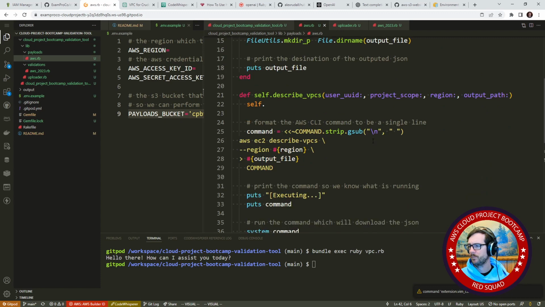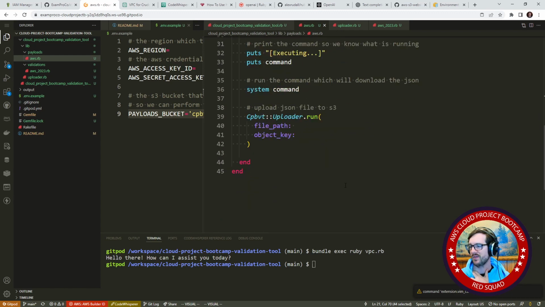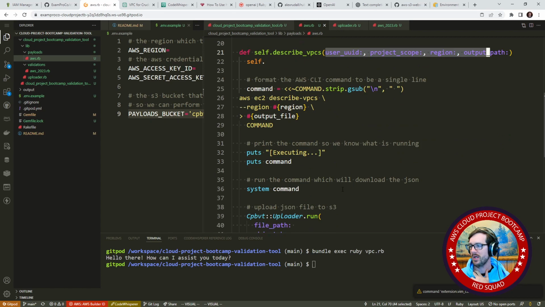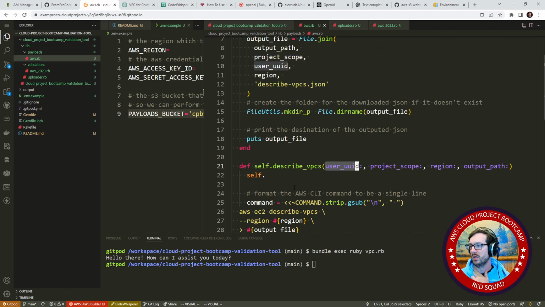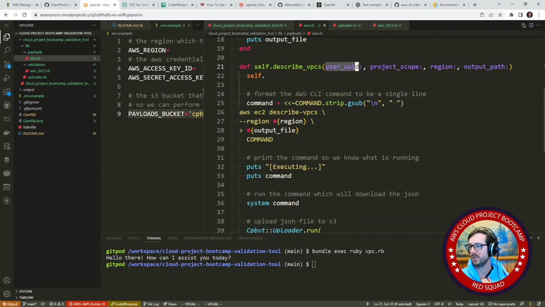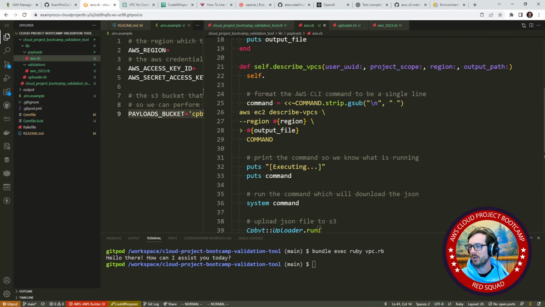And yeah, the whole reason is we're just trying to get rid of all these things, because if we can call this describe VPC and then pass those paths, it'll be a lot easier. So now I don't need to, like, notice that these aren't being used here anywhere. We can assemble this output file and stuff like that. So yeah, that would be the file path, and the object key would need a little bit of work there,